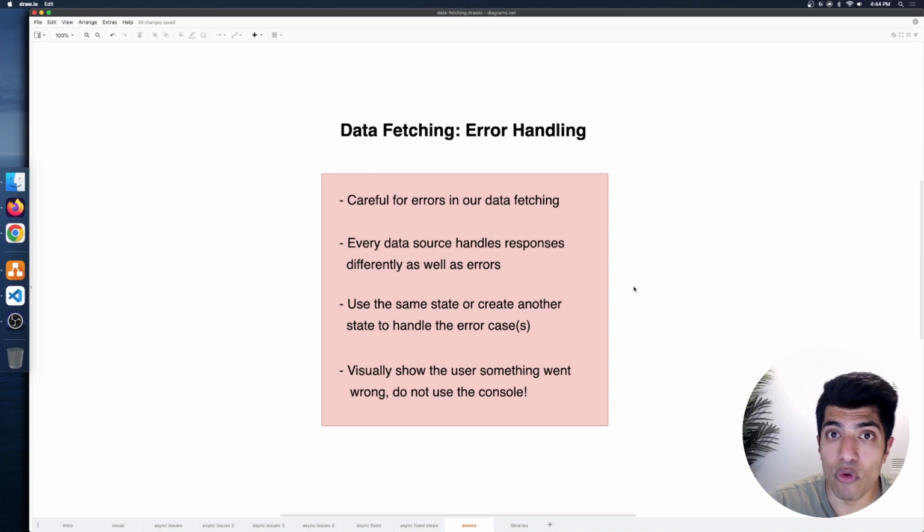Maybe you get back a 404 error, maybe you get back a 200 response, but if there's an error object, right? There's lots of different ways that an API designer can design their error messages. And you need to really read up on the documentation and practice with the API to make sure you know what's going on with it. You want to use the same state or create another state usually to actually handle the error